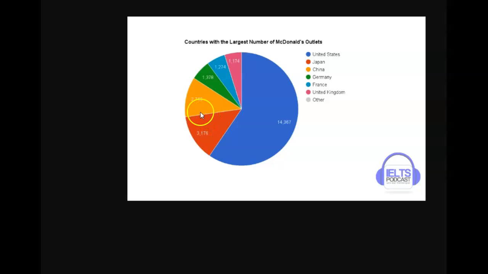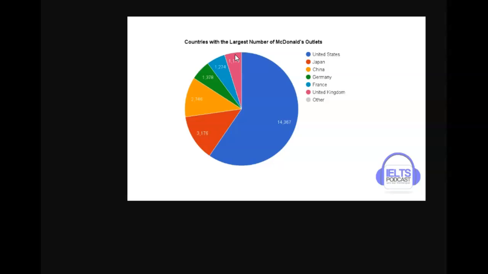And then you can say the remaining 3 countries all had less than half of China's numbers, okay? Or you could have said they all had less than 2,000 McDonald's outlets in their country. And then you can talk about them individually. Here you can say that the numbers range between this and this. There are a bunch of different ways you can do this, but it's all about extending. Grouping together, as I just did here, that's okay, but then you extend and you give a little more